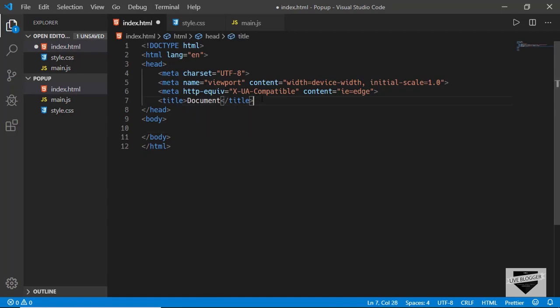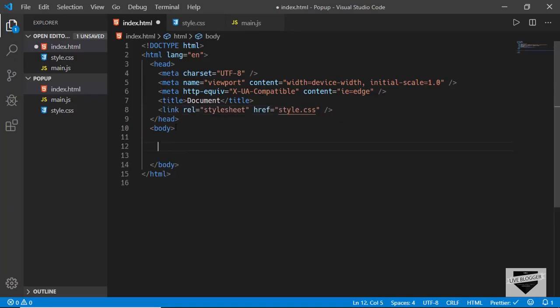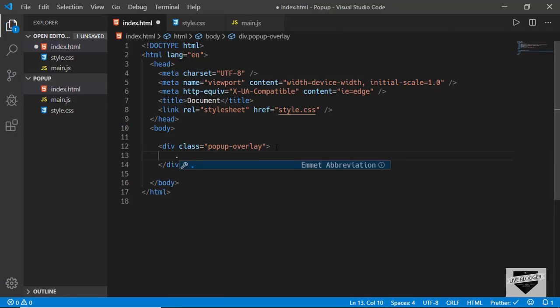First of all, we will link our style.css file over here. And here we'll create our pop-up. So we'll create a division with the class of pop-up overlay. This division will make our whole web page dark, and then we can see the pop-up better. And in that we will create one more division with a class of pop-up container,